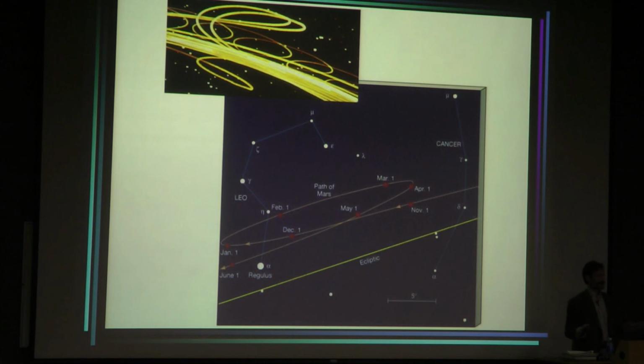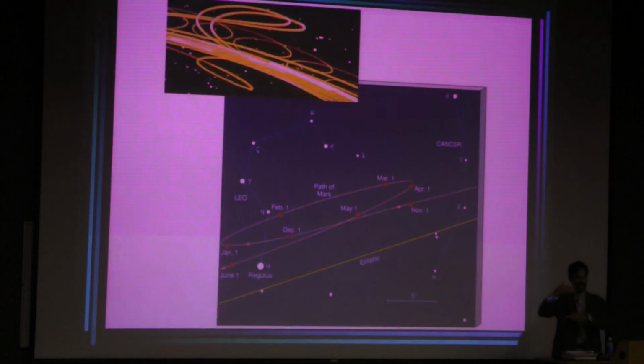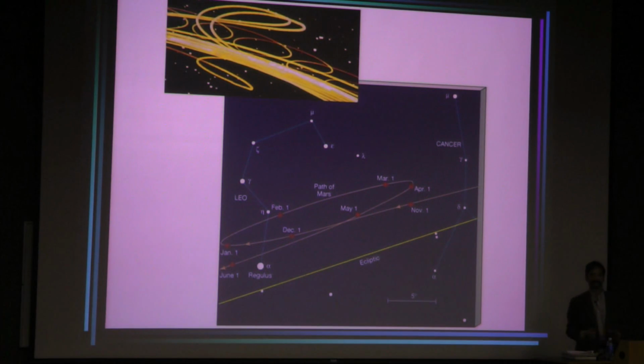It shows that the solar system is not a perfectly flat pancake with everything in the same plane. Because if the planets were all orbiting the same plane, then Mars would be moving right along the ecliptic like the sun does. And there's a little bit of a departure there. So the solar system is kind of like a thick pancake, if you will. It's not super thin. It's got some width to it. And here's the eastward motion, westward, and then the